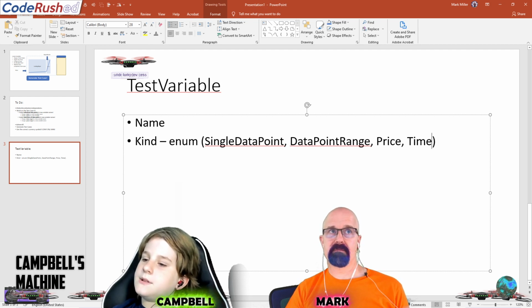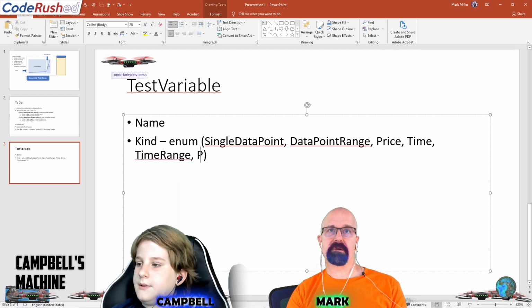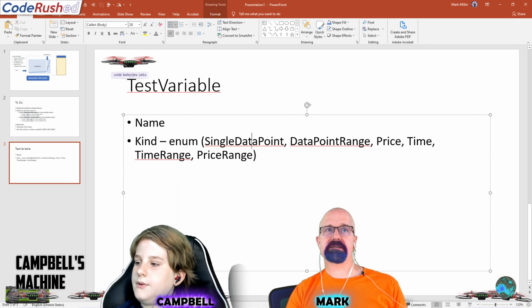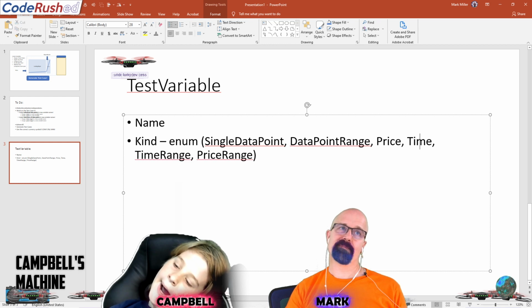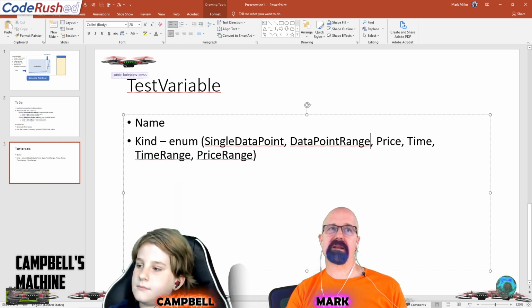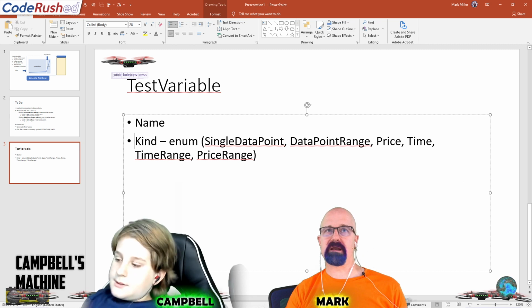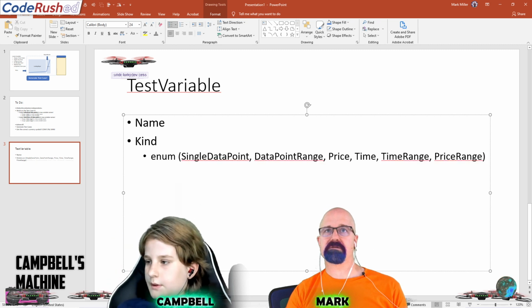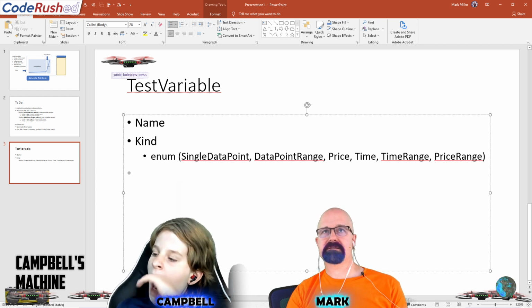Wait, what if it's a data point range of time? Like, what if it's a time range? Yeah, or we can have price range. Yeah. Time range and a price range. The thing is that a data point range has both of these in it, just as a single data point does, but it might be easier to use. I'm not quite sure if we need those yet or not. But that's what the kind might be. It might be good to have them. All right, so kind is an enum with those values in it, and then it's going to have